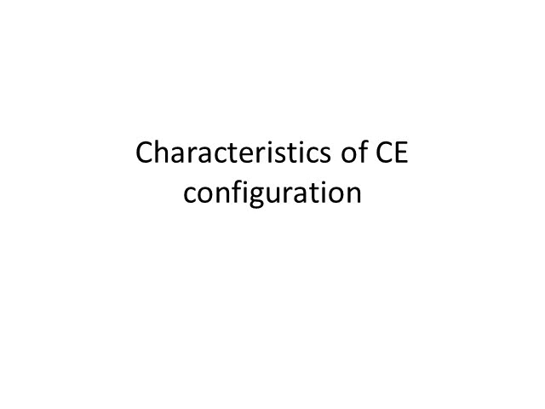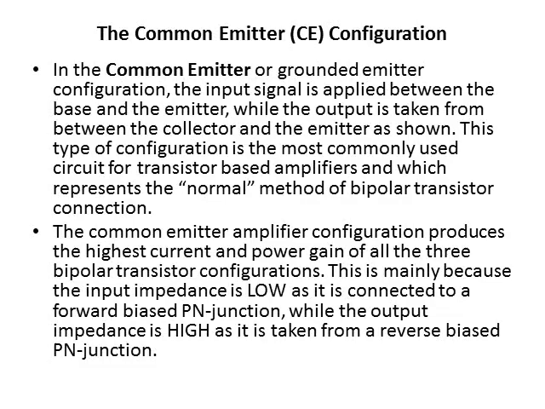The next one is characteristics of CE configuration. In the common emitter configuration, the emitter is the common terminal for both input and output. The output is taken from collector and emitter, and the input is applied between base and emitter. The common emitter configuration produces the highest current and power gain of all the three